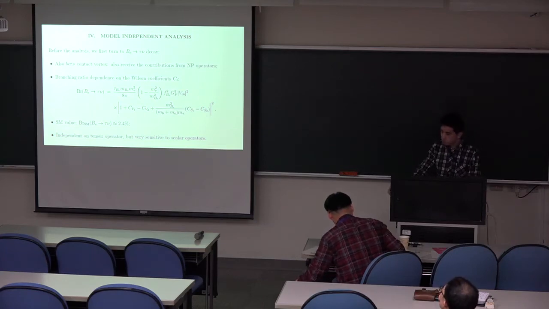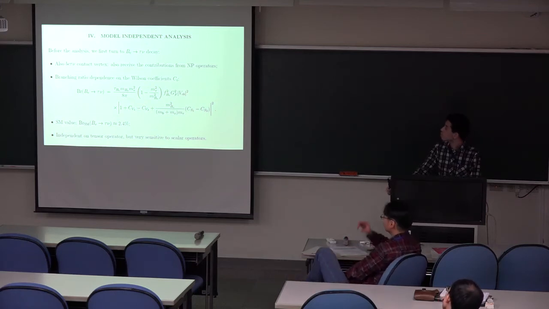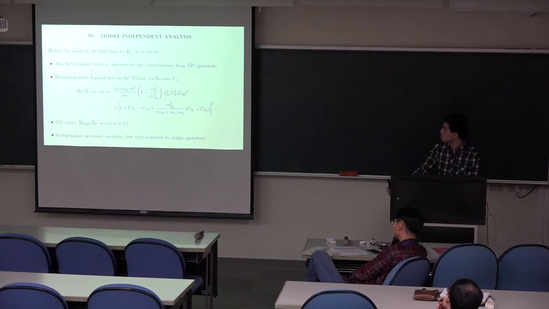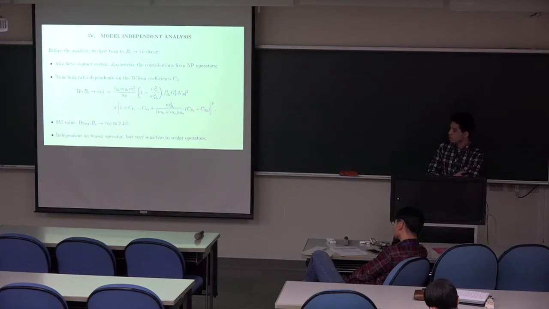If there is some modification in this vertex, it will affect the branching ratio like this. Here is the dependence on the C_V1, V2, and C_S1, S2. We can see that it is independent of the coefficient of the tensor operator, but very sensitive to the